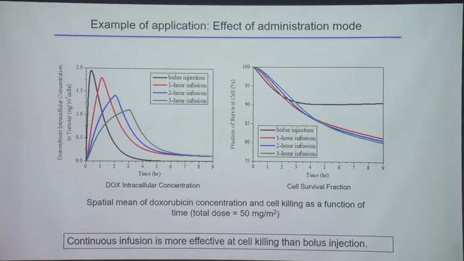So you can see from 0 to 9 hours, and these correspond to different injection modes. You have a bolus injection, the blue one. With bolus injection, you introduce the drug in a bolus, so not surprisingly, you have a peak intracellular drug concentration earlier on. And then for the same dosage, the same amount of drug, if you infuse it slowly over an hour or 2 hours or 3 hours, you get a spread of these